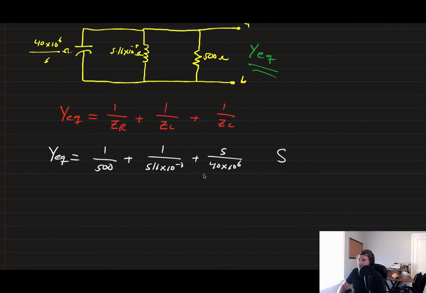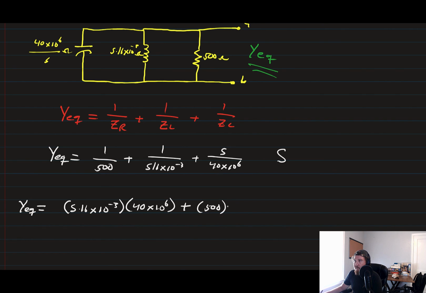And let's go ahead and work it out. Just for kicks and giggles, remember how we combine stuff with different denominators? That means that we're going to have S times 16 times 10 to the negative 3rd times 40 times 10 to the 6 plus 500 times S times 16, S times 16 times 10 to the negative 3rd plus 500 times,